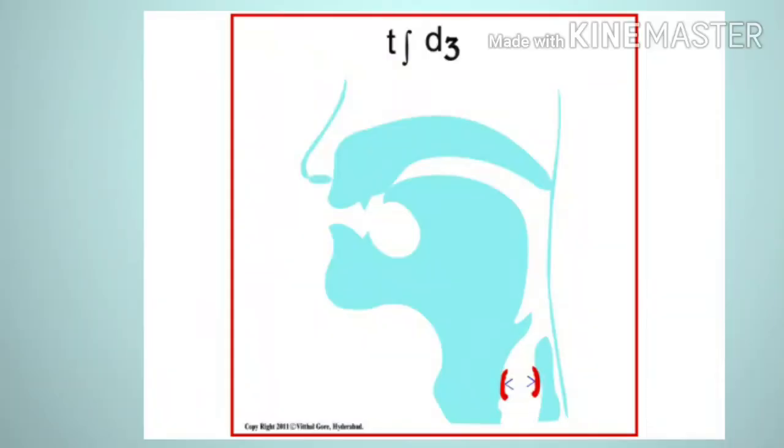Now let us try to understand, and please be very careful about reading the diagram, because the exact location of the articulation of the sound is clearly pointed out in these diagrams that I have designed on the computer for your better understanding. Ch is a voiceless sound, whereas j is a voiced sound. Again, you can practice as I suggested. Put a couple of fingers around the neck or your Adam's apple. Try to pronounce ch and j.